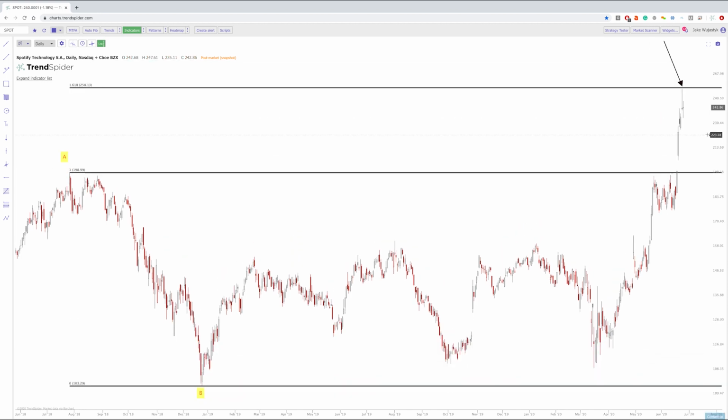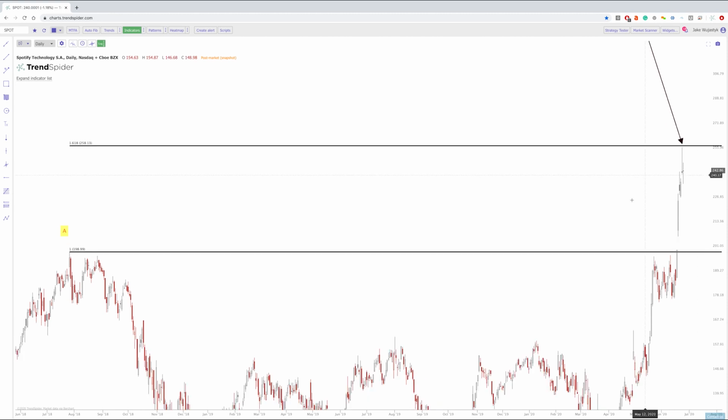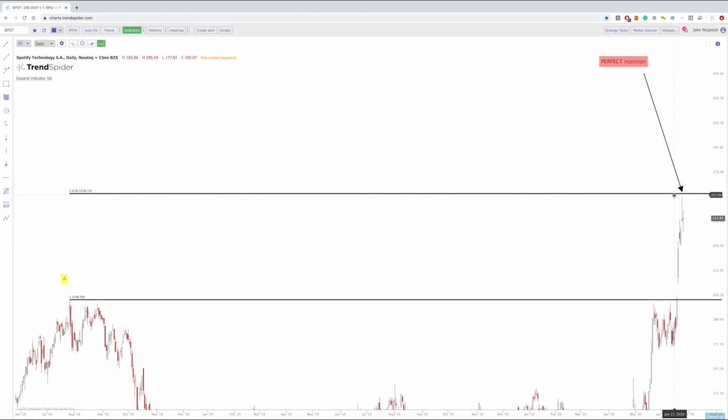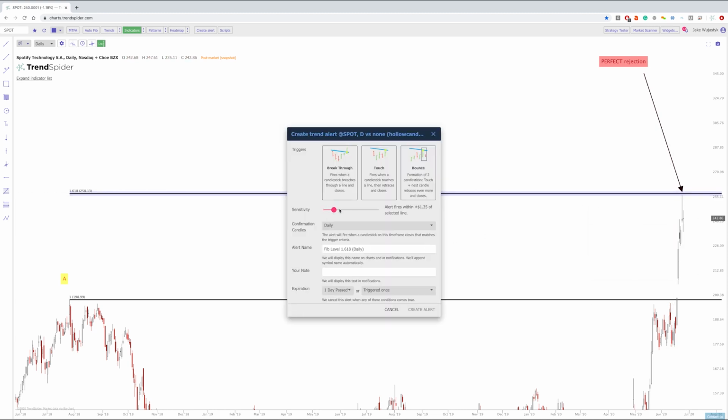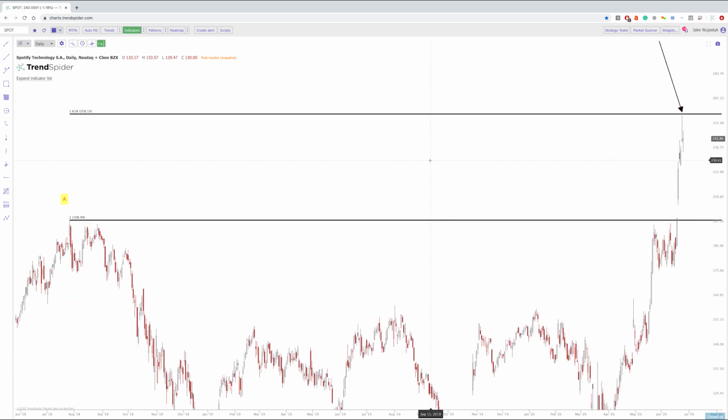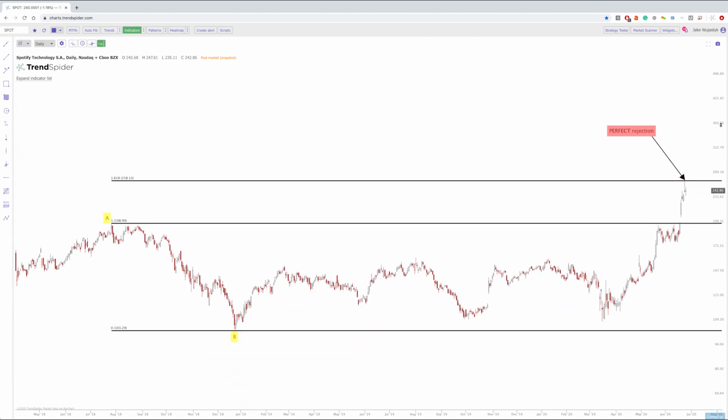We missed it by literally like 40 cents. So what do we do? Create an alert at this line. We add some sensitivity. We would have been easily able to capture that without having to be right on the money with the 1.618. So I just wanted to point this out because, at this point, Fibonacci levels are really the only way to go. You don't have any upside levels of previous price discovery, so you really have to use